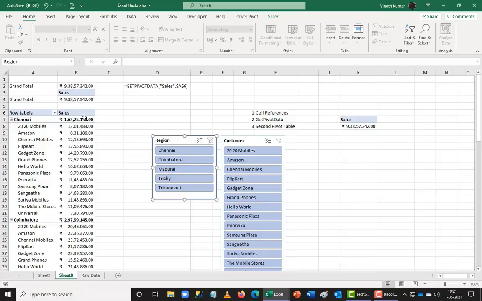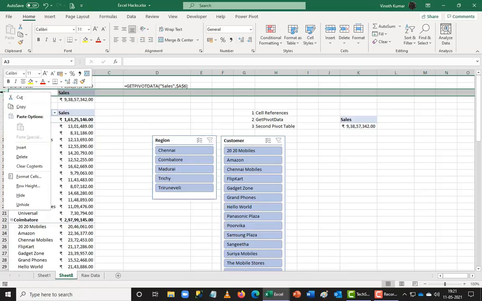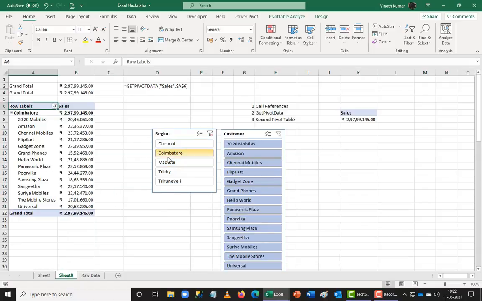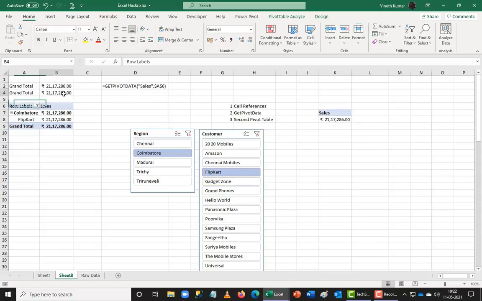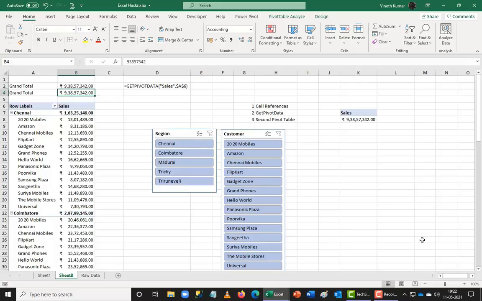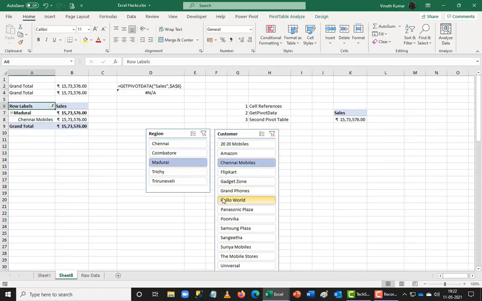This is another hack which I don't really see. Then I can just hide this line item so that I can see the dimension really well. So when I move my cursor, it is still working. So this is not a get pivot data, but I just used the second pivot table to get it done. I can use a cell reference here, but when I use a cell reference, I have to be much more clear. So the easiest hack that we can do is go for the get pivot data. You can see that there is no formula available there, because I just pull the data in one dimension and then I'm trying to get the data done here. So now when I move it, it is moving.